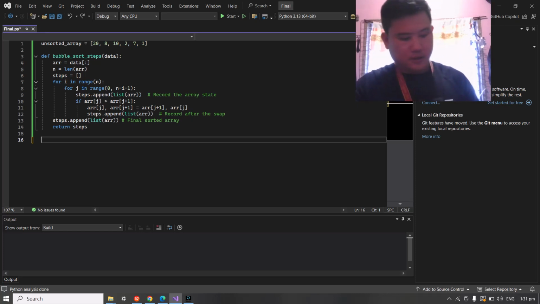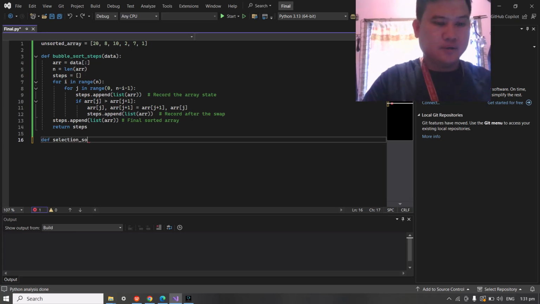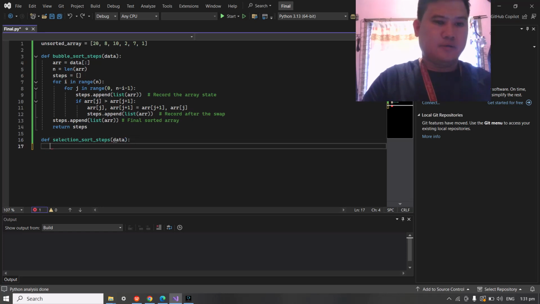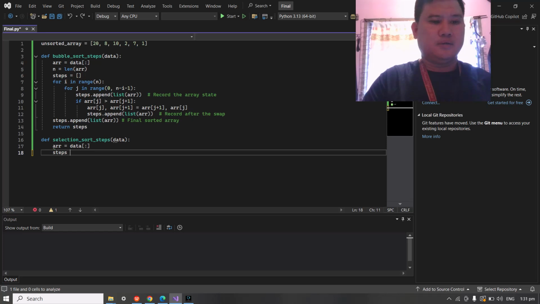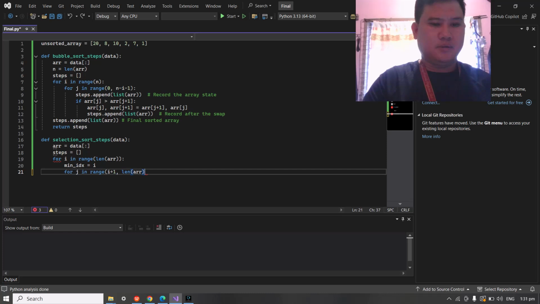Next is selection sort. Steps: data, array sequence data. For index i in the array, for index j in the array.